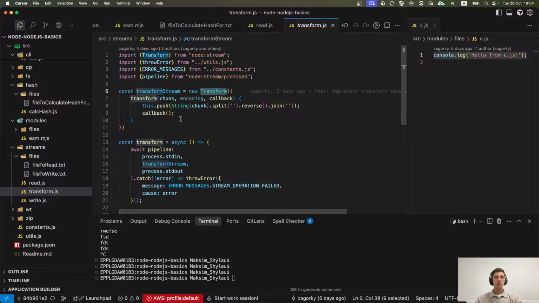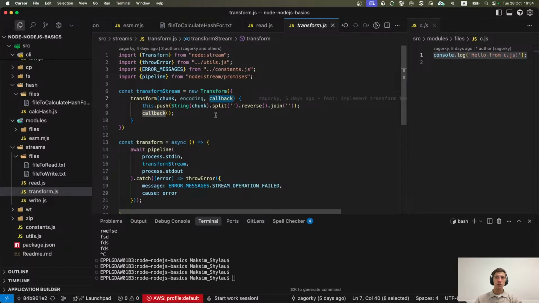So what do we need to meet Node.js convention for transform streams? We at least should have a transform method which will do your transformation magic. It accepts a chunk of data, it accepts encoding, and it should call back when your transformation work is done.